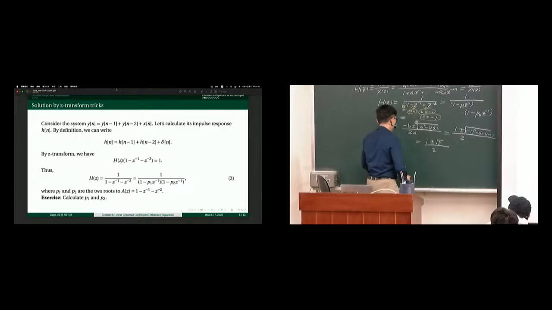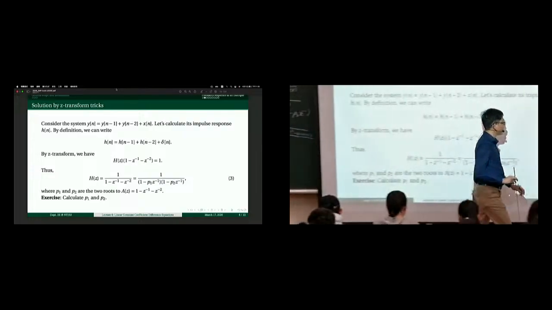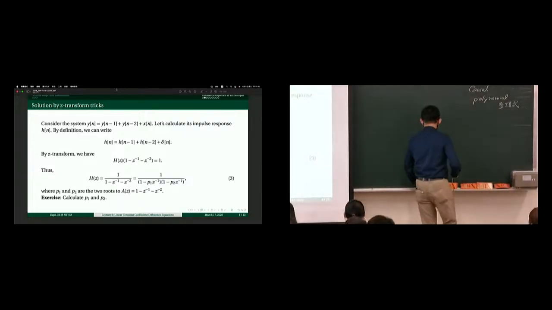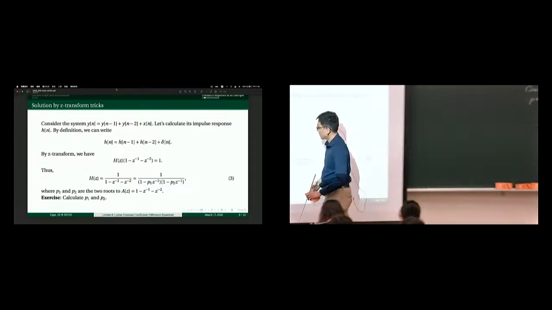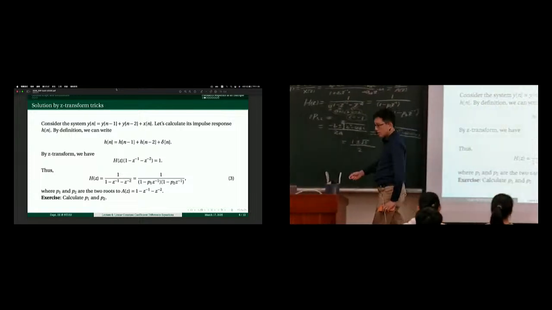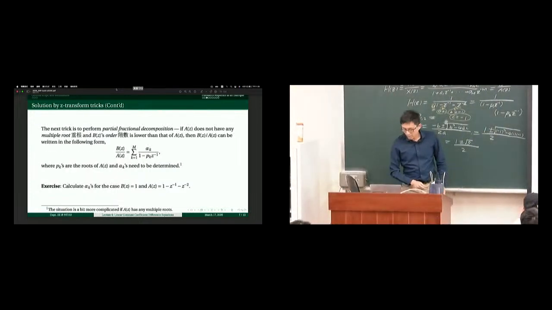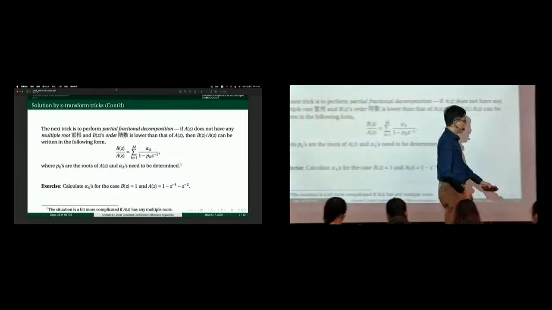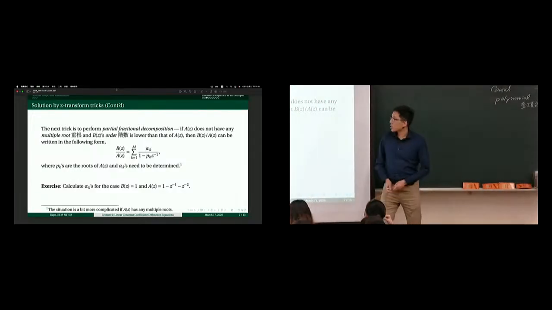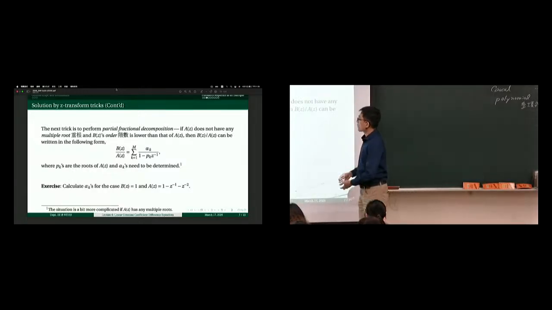Okay, from here we are ready to move on to the next step. We're going to leave the result right there and jump to the next slide and see. Now the next trick is a key step. The next trick is to